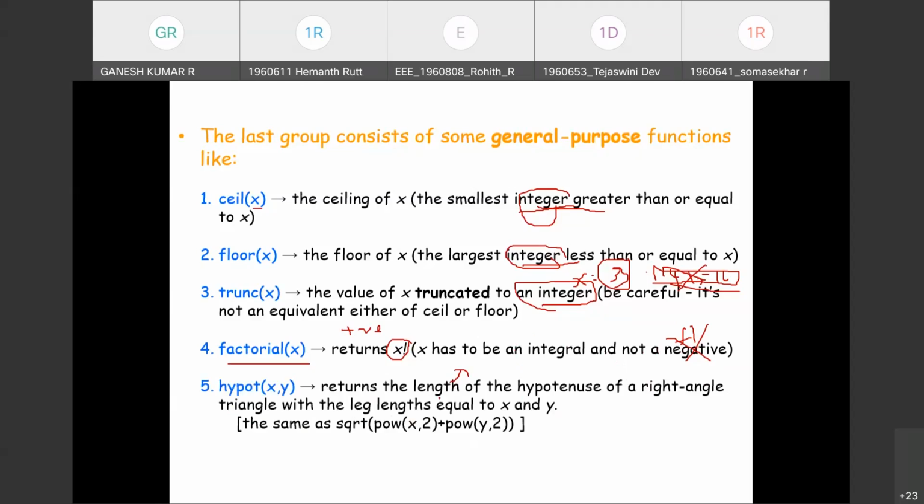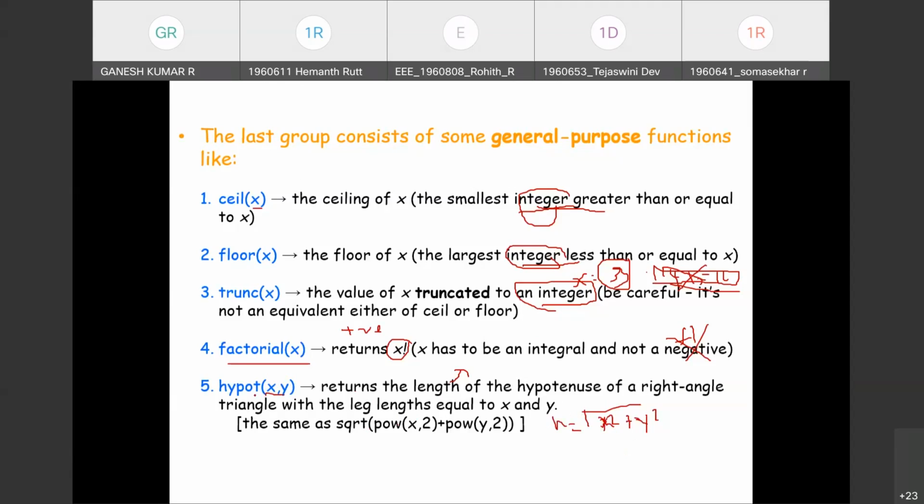Right? Next, hypotenuse. This function returns the hypotenuse of a right angle triangle. It takes two input variables, and the square root of x square plus y square will return the hypotenuse. So h is equal to square root of x square plus y square.